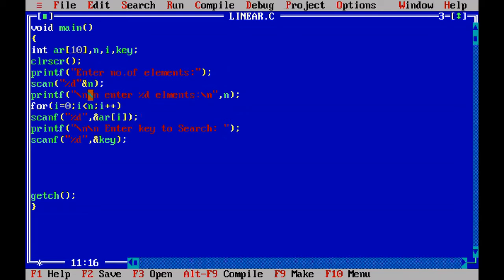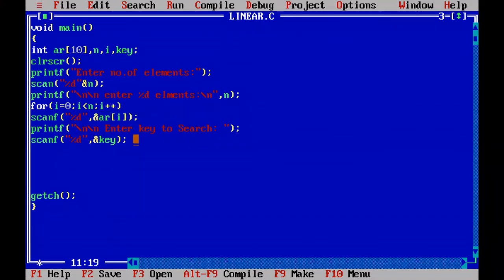Now you already have the set of elements in the array. 9 elements are ready, and in the 9 elements we have to find out whether the key entered by the user is present. For example, the key value is 20. Whether that key value 20 is present in the 9 elements in ar or not, we have to search.